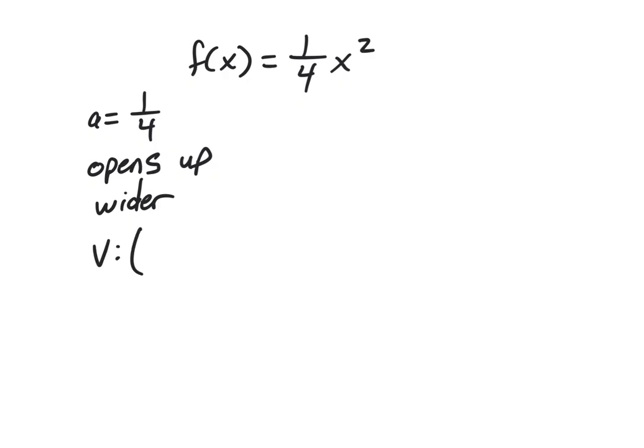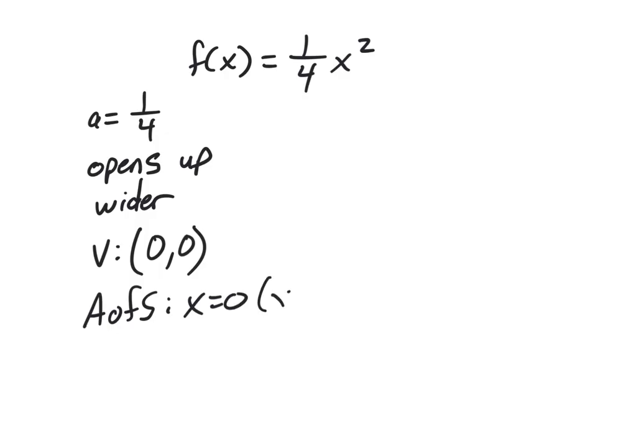My vertex is going to be where? 0, 0. It's not going to move left or right. Anything that is just x² is always 0, 0, which means my axis of symmetry is x equals 0, or if you wanted to say the y-axis, I'm fine with that. That might make more sense to you, just to say the y-axis is my axis of symmetry. The only time you can do that is if it sits right there on the y-axis. Okay, if we were going to graph this one,